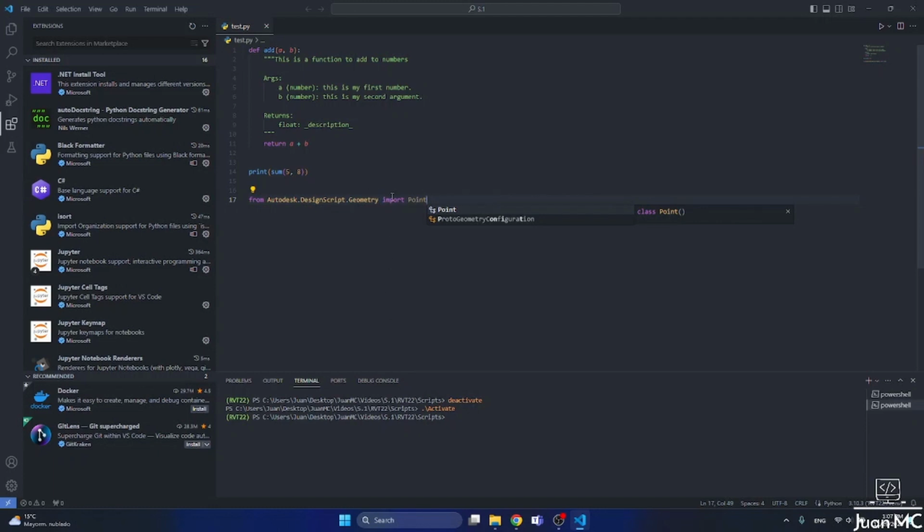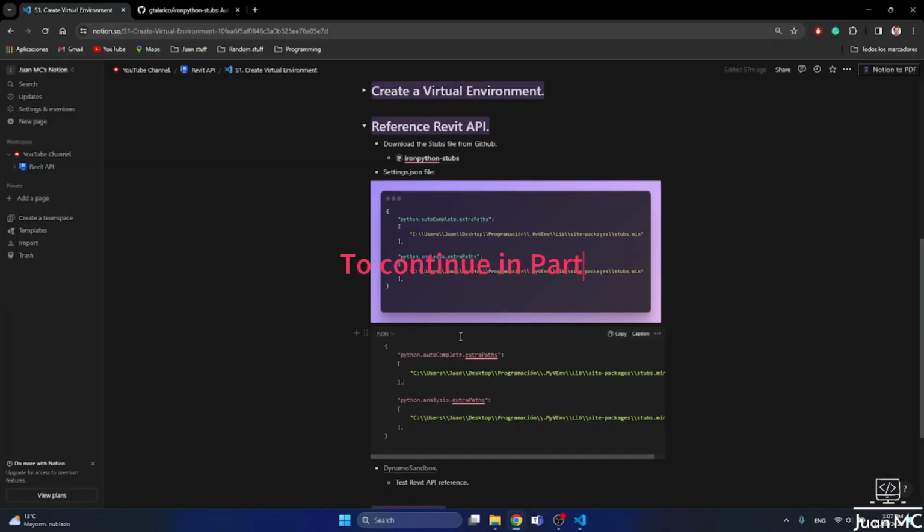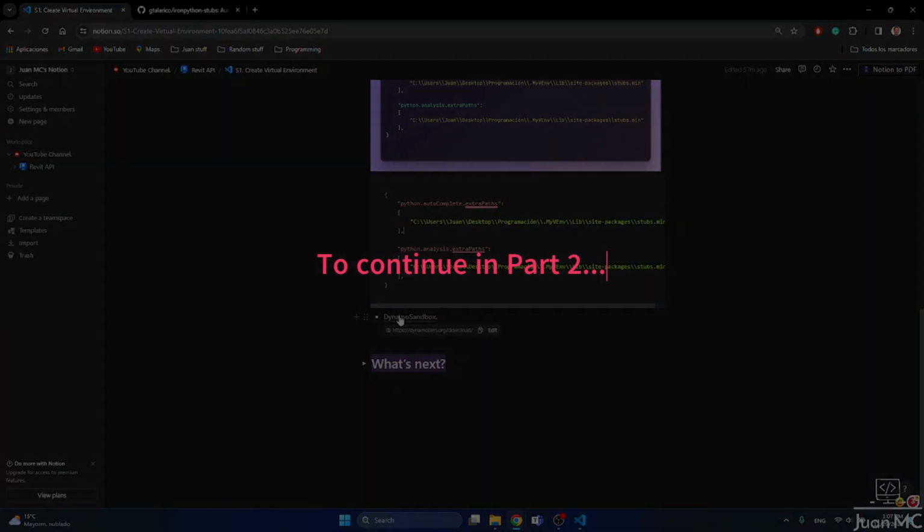Not only the Revit API, here Autodesk dot Revit dot DB, but also the design script library. So in order to test this, I'm going to open Dynamo Sandbox. You have here the hyperlink to